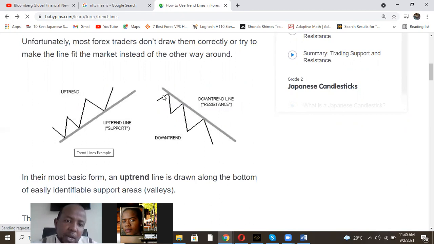And then when the market is going down, every time the price hits here, then goes back, hits here. Now this becomes resistance. So you can see the line looks like this, just the way that wavy is looking. So this is the trend line. So it can also act as our support or resistance. Let's keep going. How do you draw the trend line?